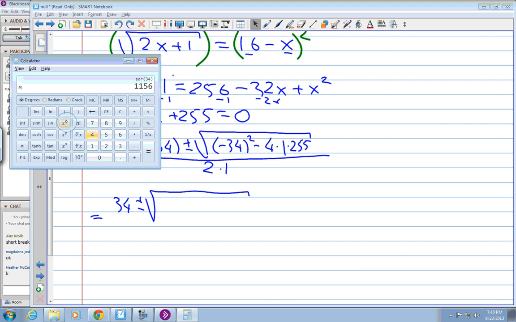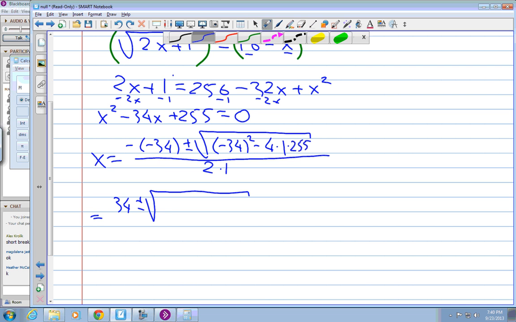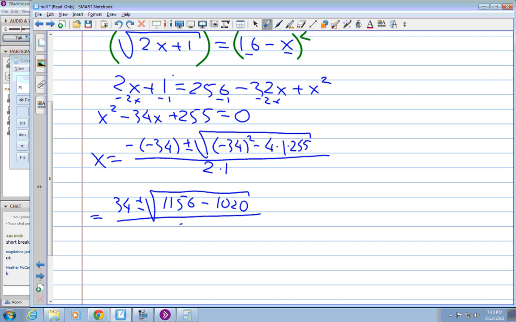So 34 squared is 1156, minus 4 times 255, which is 1,020, all divided by 2. So this is 34 plus or minus the square root of 136, all over 2. Is that right? And 136 is 4 times